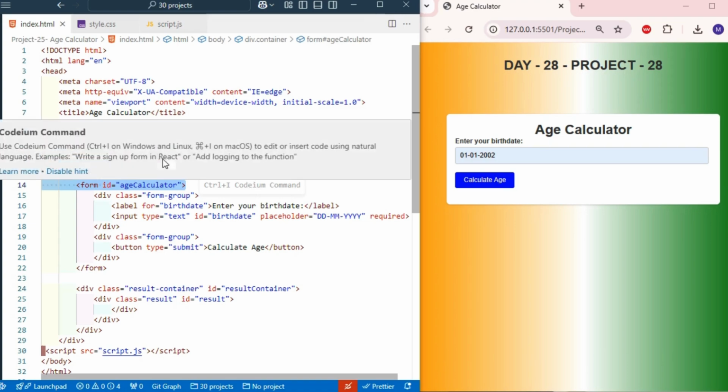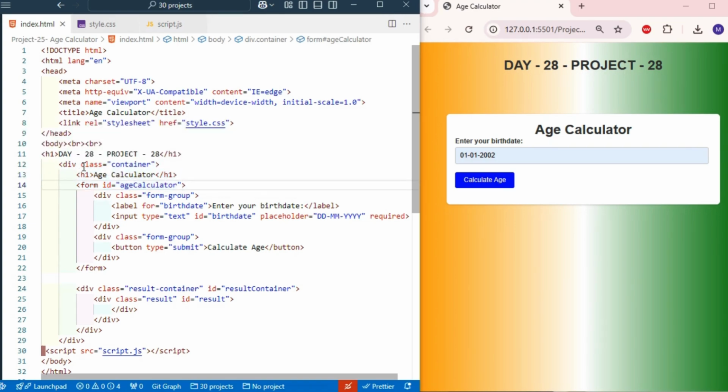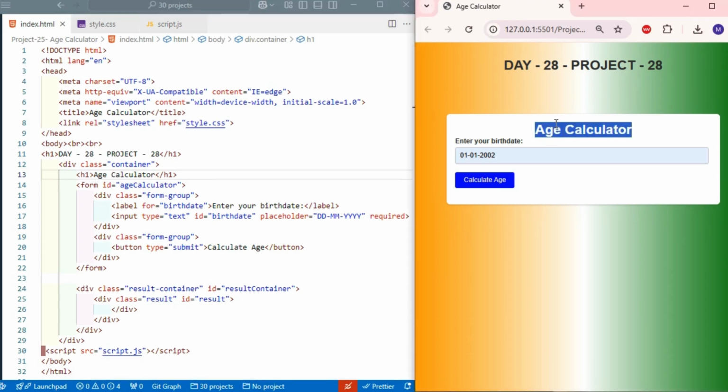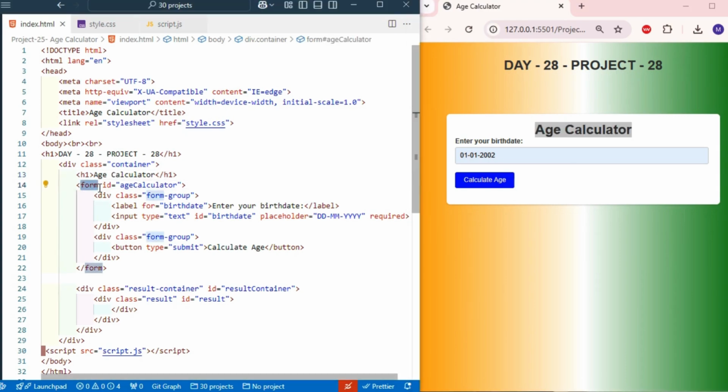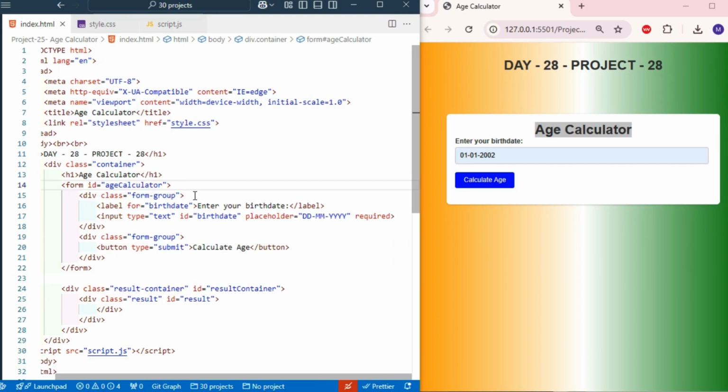And then after that, a div class of container, which means a container with a white background. Inside that one I am taking one heading of Age Calculator, showing like this. Then take one form with id equal to age-calculator, and a div class inside of form-group. The age-calculator id can be accessed through the CSS and JavaScript part to access the HTML page. I'm explaining that later.